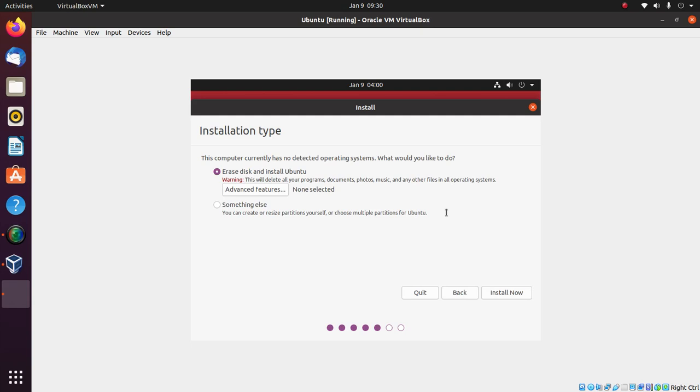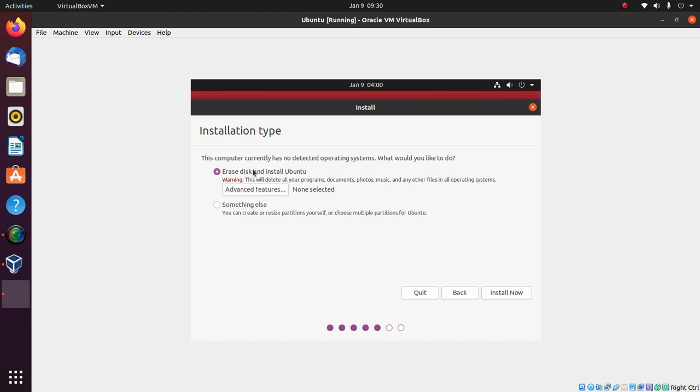Now it is asking whether you want a complete Ubuntu installation or to install Ubuntu alongside Windows. If you want to install it alongside Windows, we need to choose Something else and continue. This will ask you for disk partitions and allocating space for your Ubuntu operating system to install along with Windows. Since we are using a virtual machine completely dedicated to Ubuntu, I don't want to go with Something else.